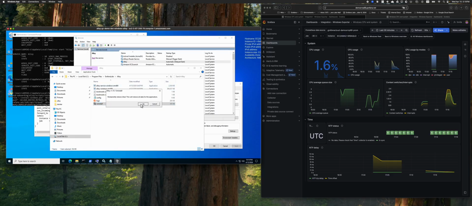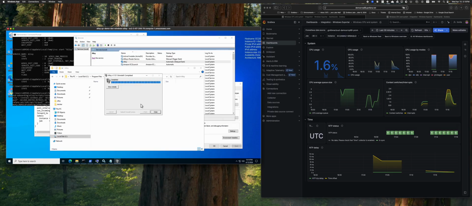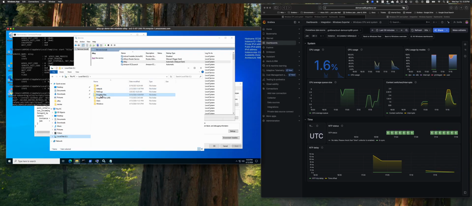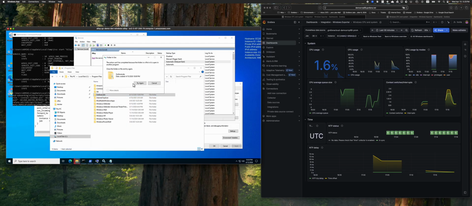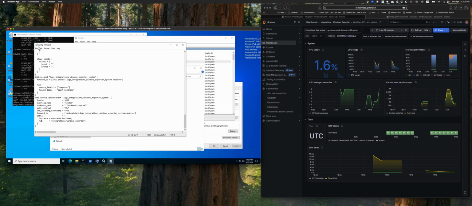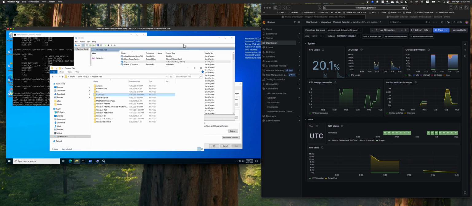So it will permanently delete Alloy. That's done, then I will go ahead and remove the directory, Grafana Labs. So delete. Okay, so there's a window opens right here. It's config. So I'm going to close that